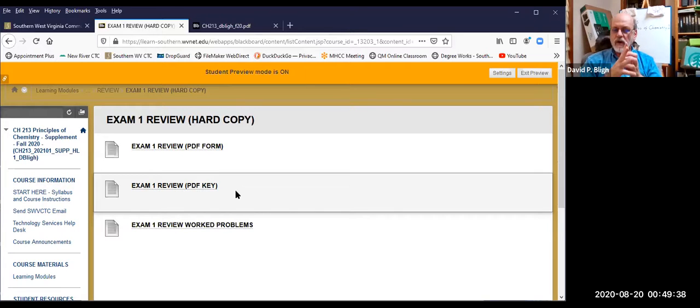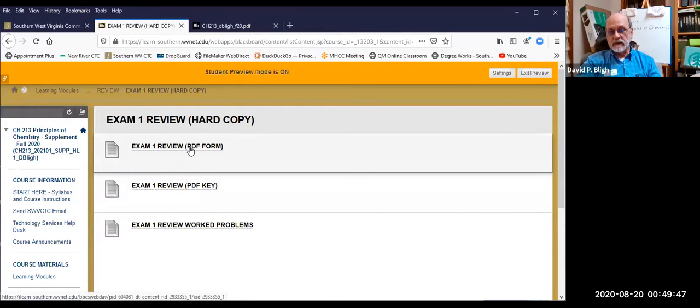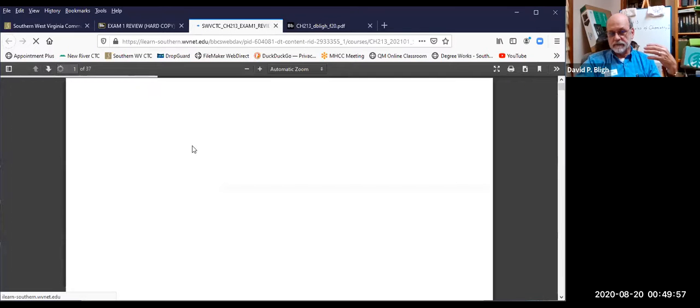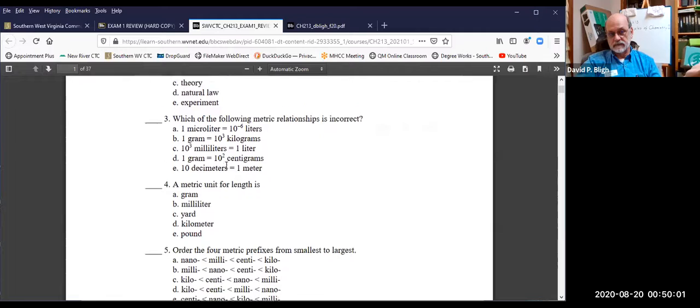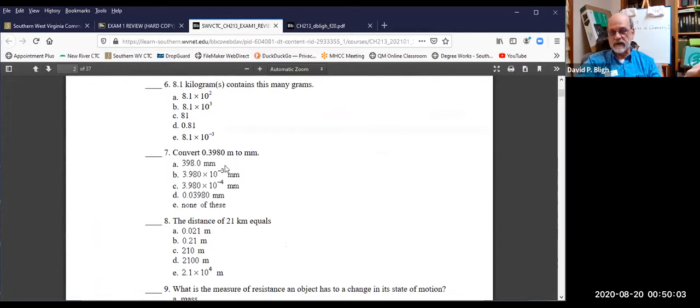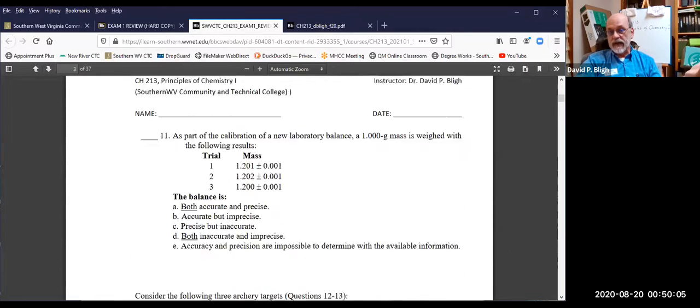Well, these are a group of questions and problems, and they're in PDF format. This is the form. So you call this up, and it looks just like an exam. Right? Here's an example. See, it just looks like an exam right there. Multiple choice questions all the way down. And at the end, it has